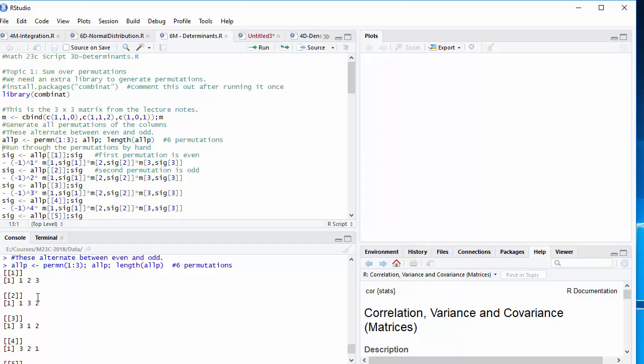You start with 1, 2, 3, then you swap the second and third elements to get 1, 3, 2, then you swap the first and second to get 3, 1, 2, then you swap the second and third again to get 3, 2, 1,